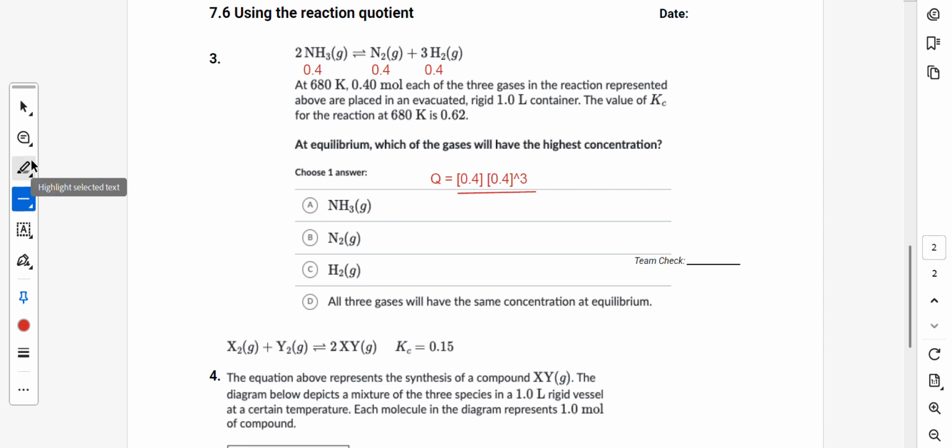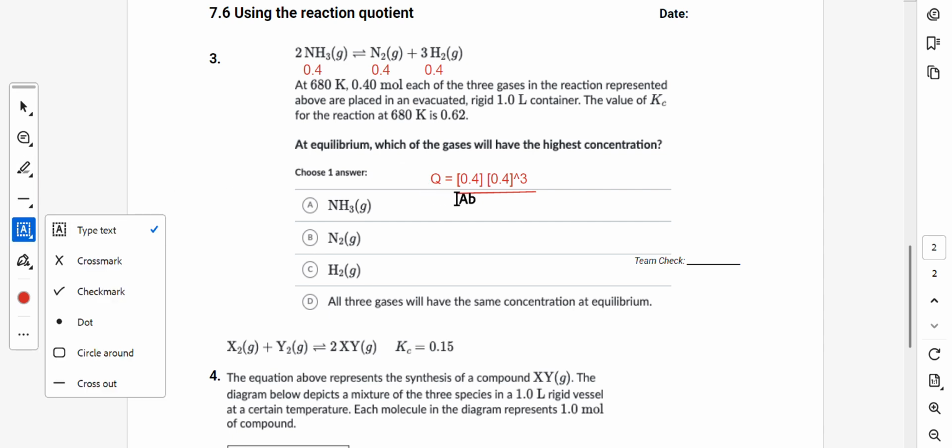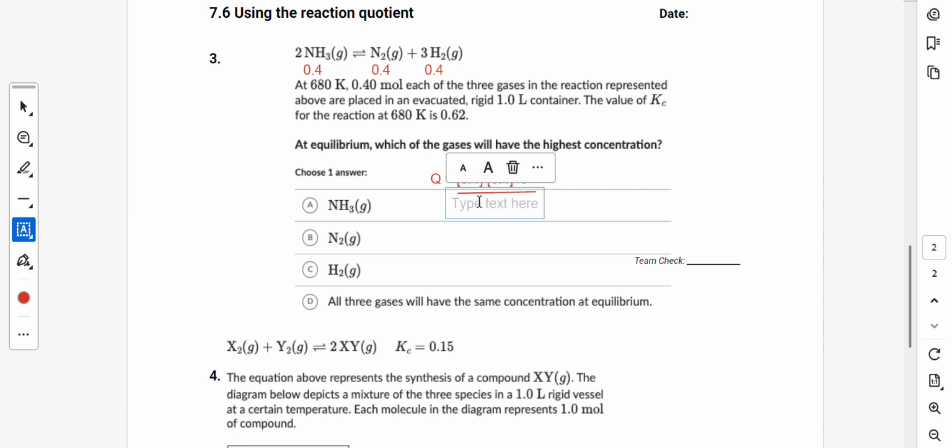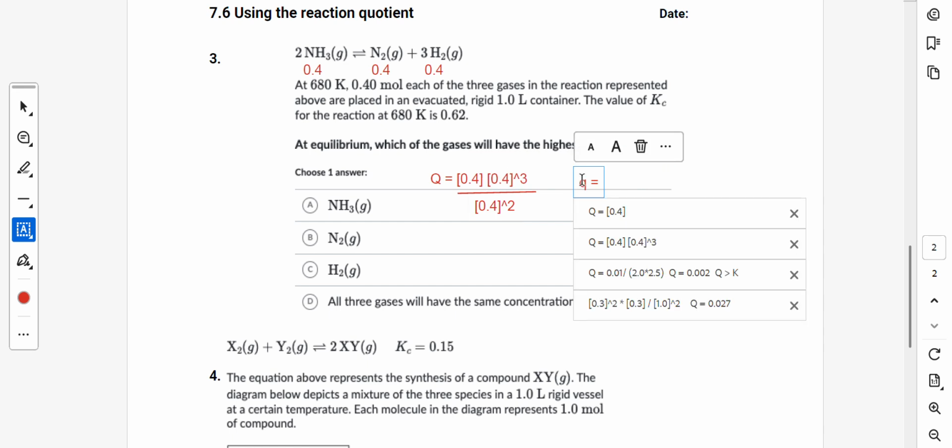Okay, and now let's get another text box to do the bottom of this problem. Okay, over reactants, and my reactants value is 0.4, to the exponent of 2, squared. And you guys know the reason why, because of the coefficient. So if I type all of that in, my Q value comes out to